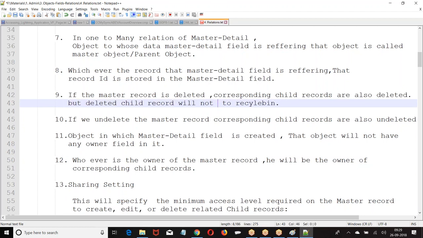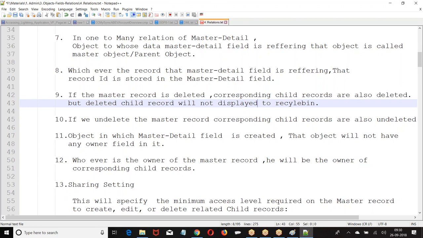In the recycle bin, if you delete the record, where is the record? The record is still in the table only. But in the recycle bin, we say these are the list of deleted records. We will display in the recycle bin that these are the deleted ones. But where is the record?